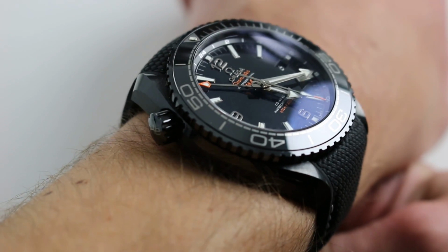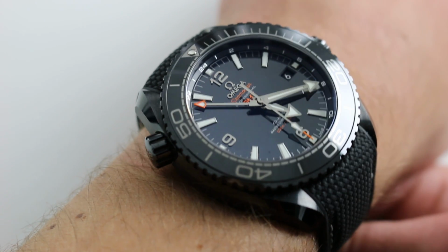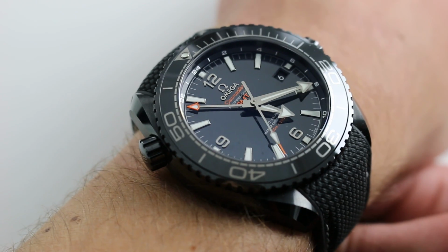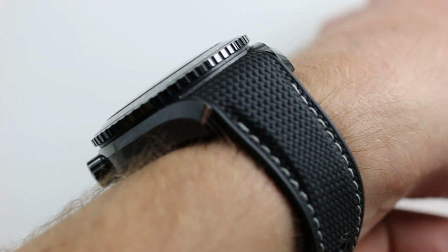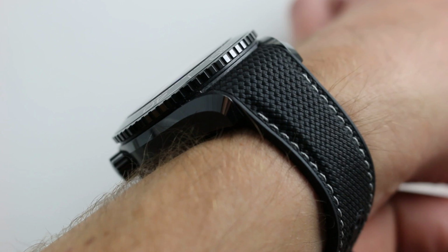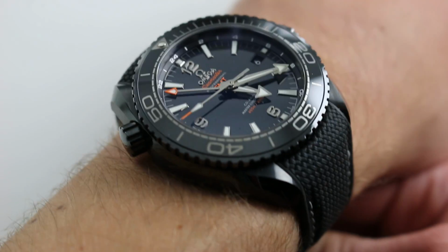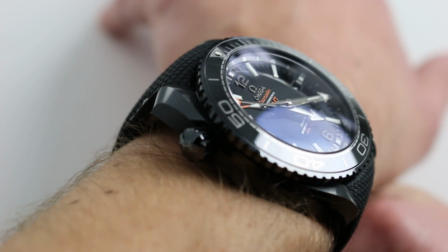You can see the case is immense. It's the same 45.5 millimeter size we've come to know in the top end of the Planet Ocean catalog, but it's not as hefty on the wrist thanks to the ceramic composition. What it is, however, is thick. This is unchanged from the steel version of the watch, and at 17.5 millimeters thick, it cuts a striking profile on the wrist. Now, from lug to lug, it's a little bit more reasonable than you might expect, being 52